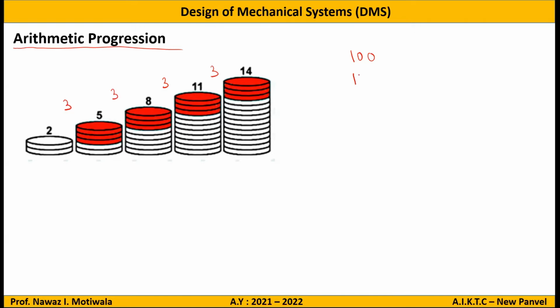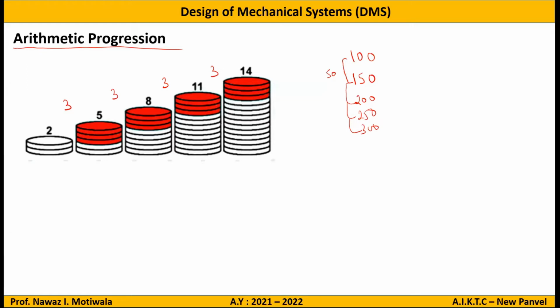100 and the second one is 150. So can you tell me what will be the third speed? 200. Correct. It will be 200 because I have to maintain a difference of 50. For it to be an AP, I have to maintain a difference of 50. What will be the next speed? 250. What will be next? 300. Okay, and so on. I can go on doing the iterations and I will get the answers.